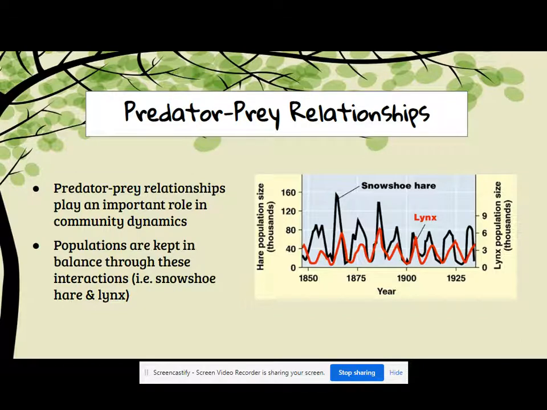If you have too many predators, they'll eat all the prey. And on my podcast, I had an animal biologist that studies the predator-prey interactions in Africa. And if they introduce a new lion to an area that the lions have all been hunted to extinction, and the animals in that area don't know the lion is a threat, the lion has a field day and eats all of the prey. And then there's no more prey. So you have to have a good dynamic, you have to have an equilibrium and a give and take between predator and prey.